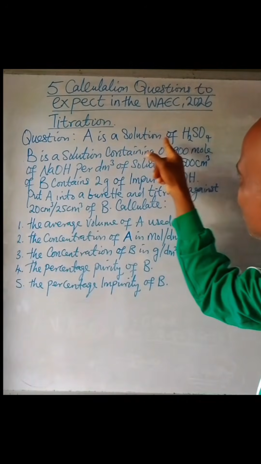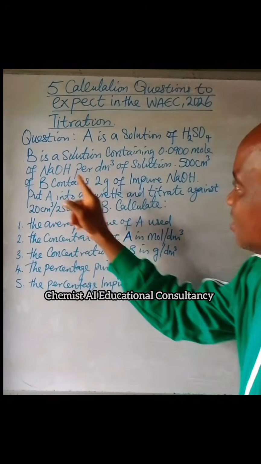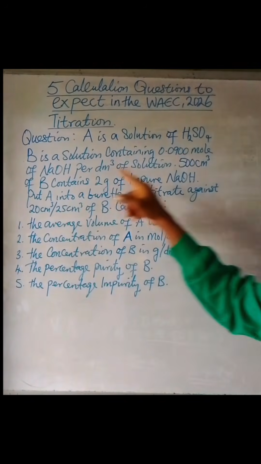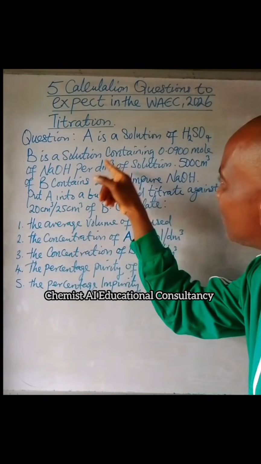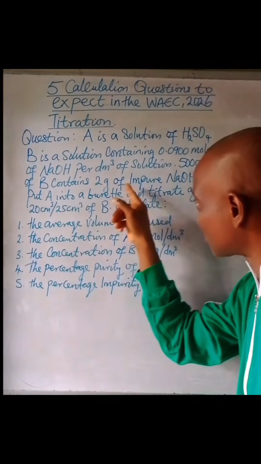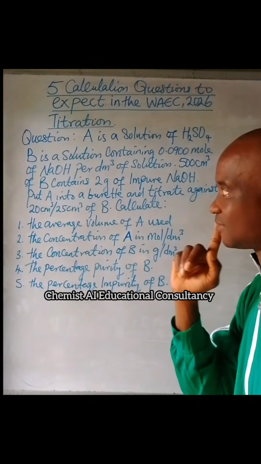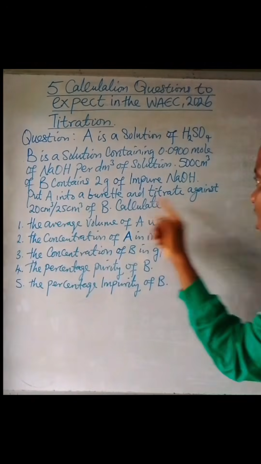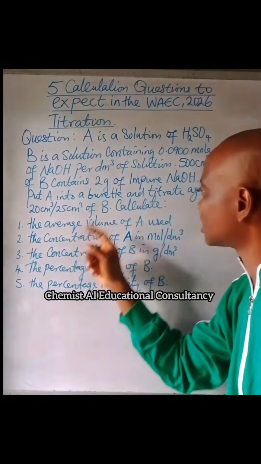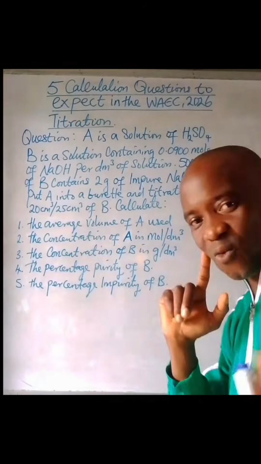A is a solution of sulfuric acid. B is a solution containing 0.0900 mole of sodium hydroxide per dm cube of solution. 500 cm cube of B contains 2 grams of impure sodium hydroxide. Put A into a burette and titrate against 20 cm cube or 25 cm cube as the case may be of B and calculate: